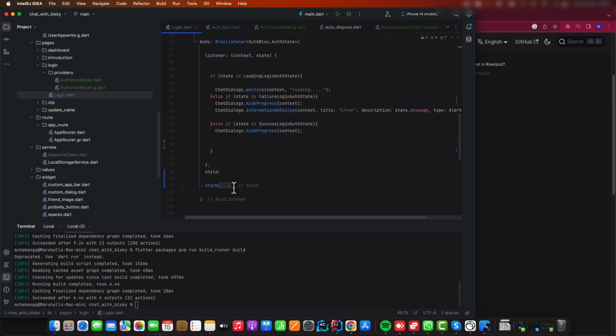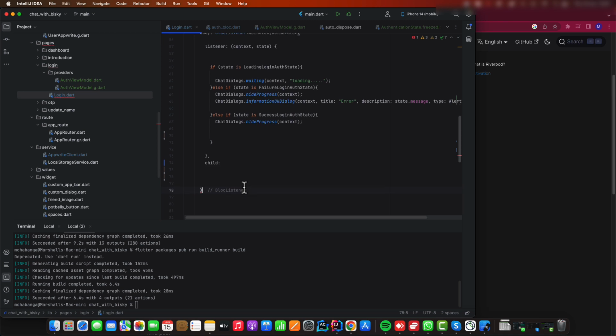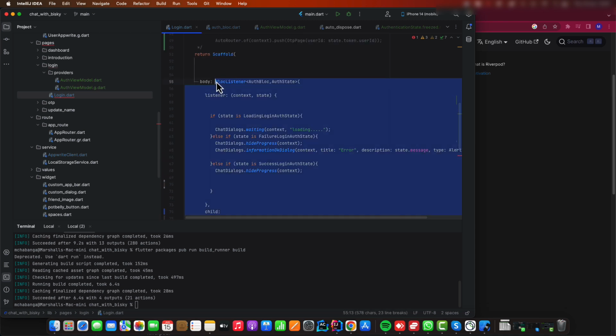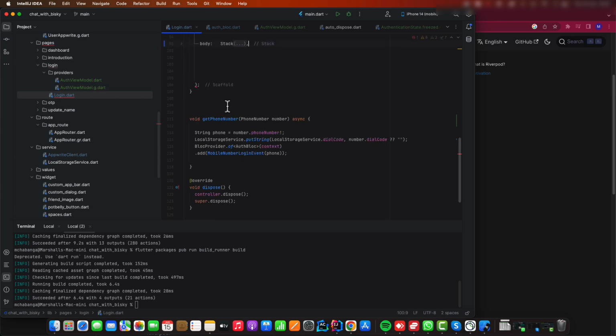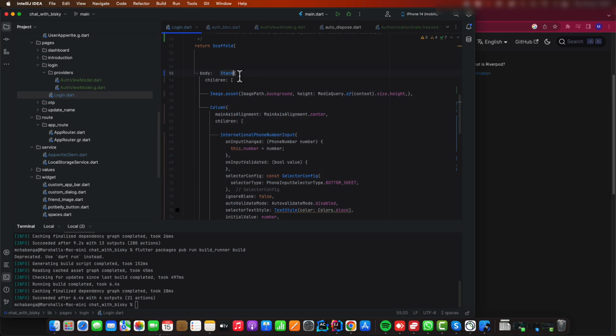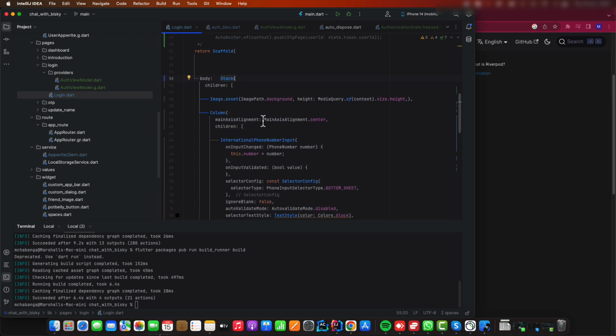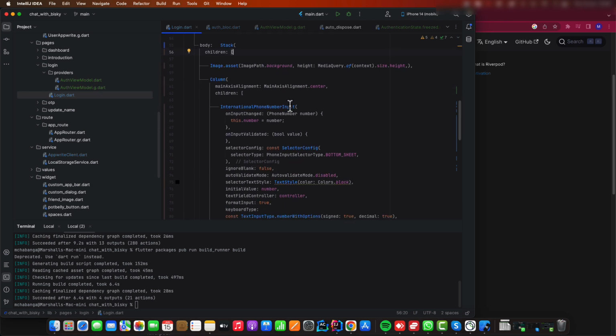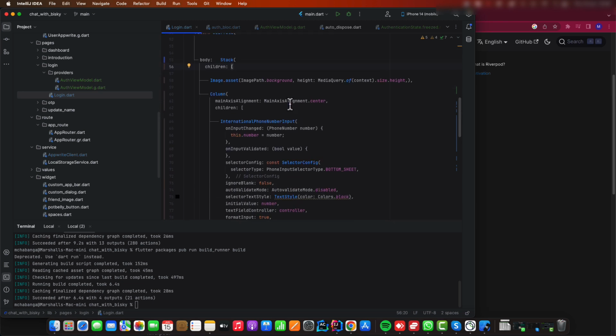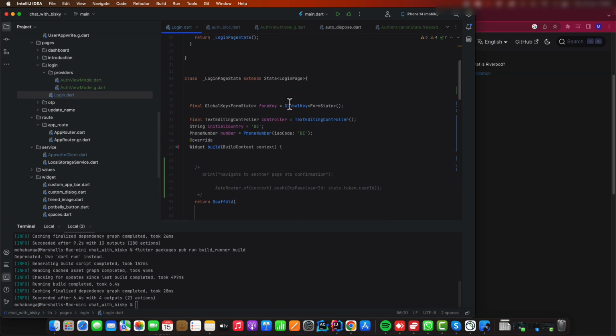And here, let's copy this. And we want to remove the whole block listener. Then we can paste this, our stack. So we don't want to use a block anymore. So after doing this, from this class,